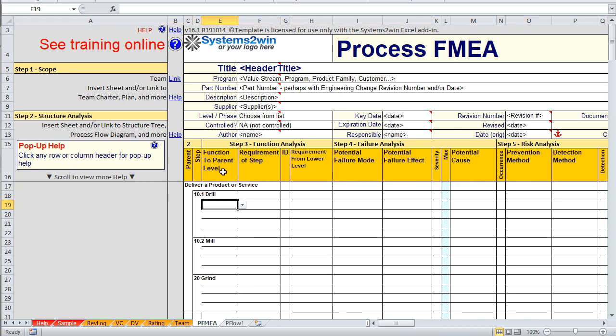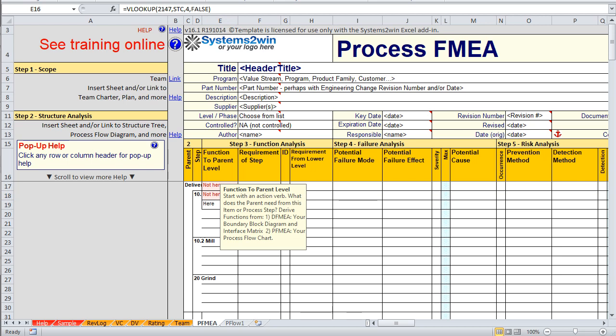So the first function within each step should be entered here, not here, and not here. As explained in the other video, this column does the error checking to make sure that you got your data correct in the first 3 columns.